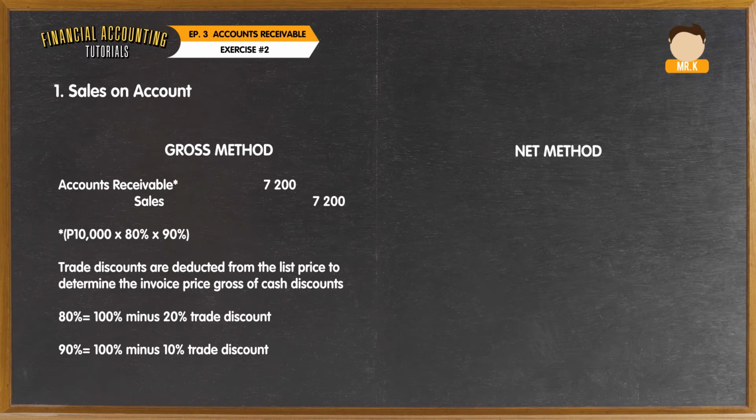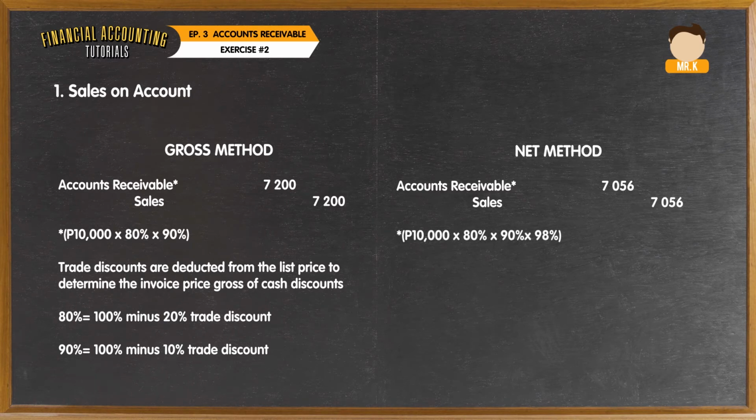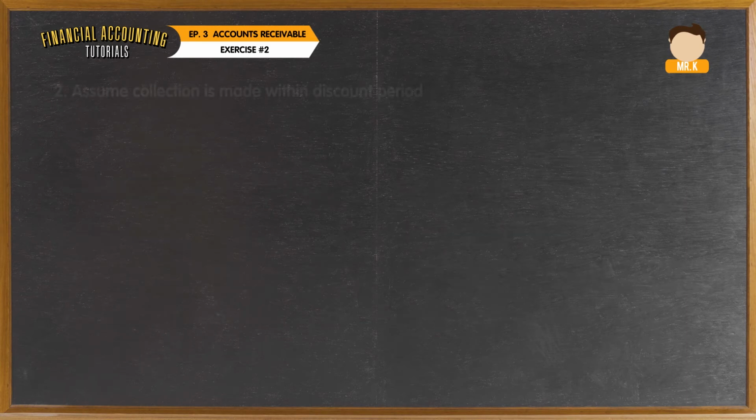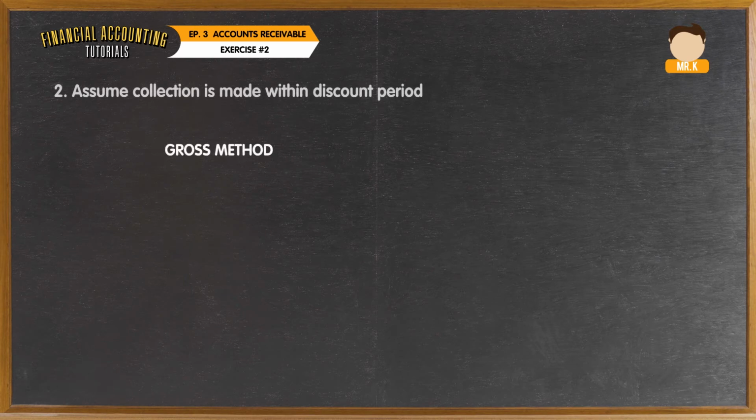Now, under the net method, there would be a debit to accounts receivable 7,056 pesos and a credit to sales 7,056 pesos. The trade discounts and cash discount are deducted from the list price to determine the invoice price net of cash discounts. Assuming that the collection is made within the discount period, under the gross method there would be